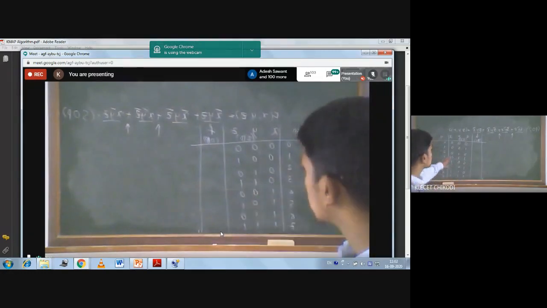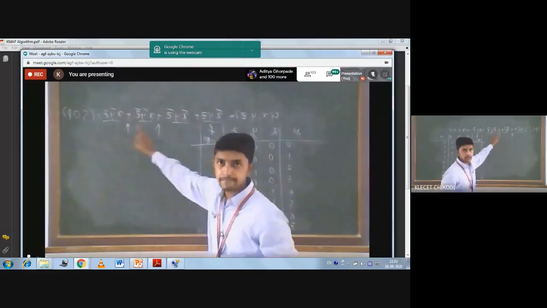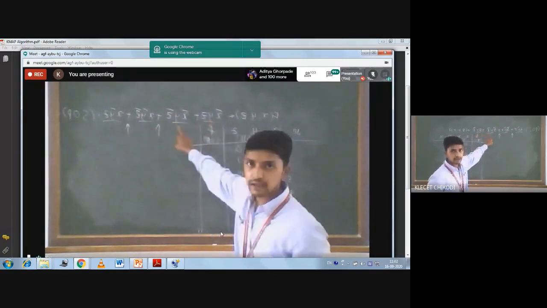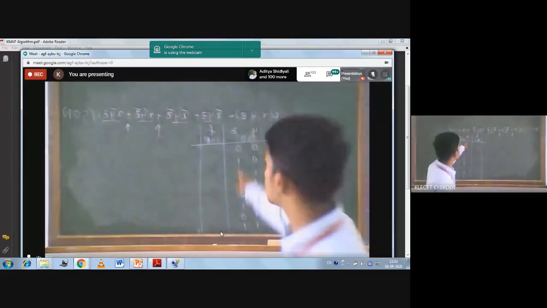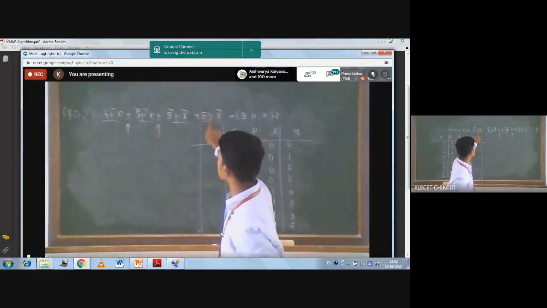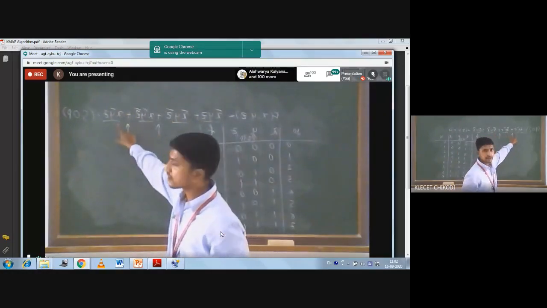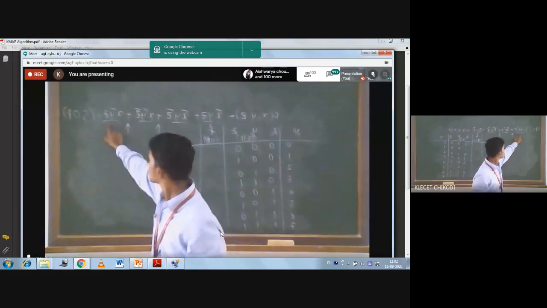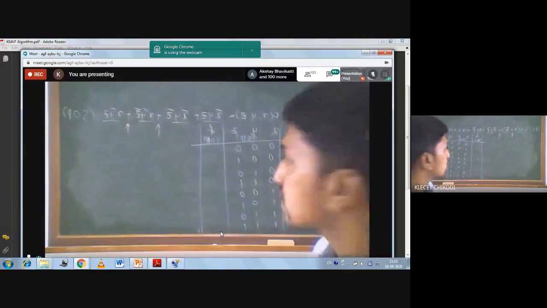Now from the given problem statement, can you identify the min terms there? The problem statement is x bar y z plus x bar y z bar plus x y bar z bar plus x y bar z. Now just let me know what the min terms available here are.